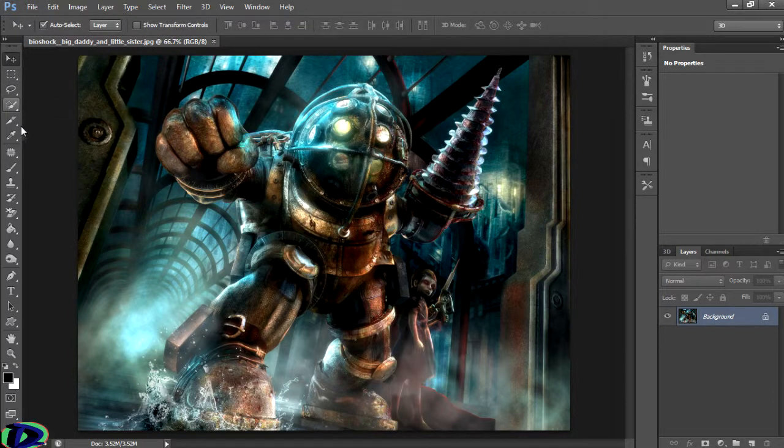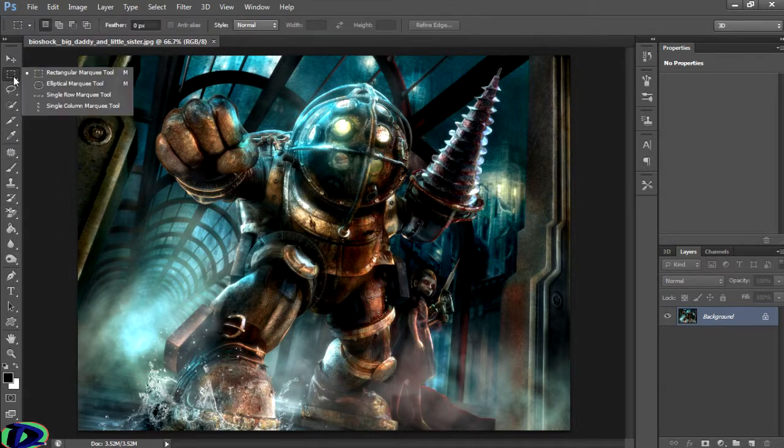So, cropping basically is taking out a part of a picture and just moving it somewhere else. So, to begin, a bunch of these little tools on the side, they all have other tools along with them. So if you see, this has no little arrow right here, but this one has a little arrow right there. There's a little arrow right on the bottom, so that means it has extra tools under it. What you want to do if you want to get extra tools, you right click it,